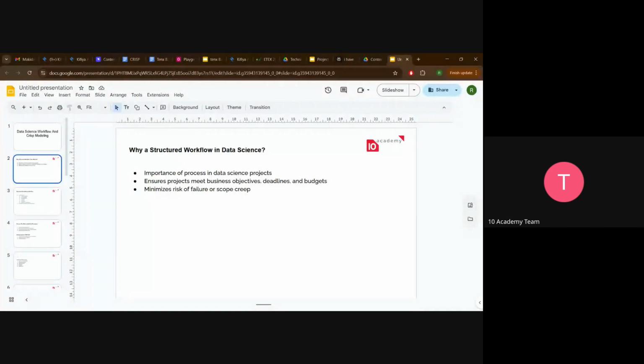We need to be careful about what type of process and workflow we're going to use, and they minimize risk or failure or scope creep. While doing this type of project, there's every time a chance of